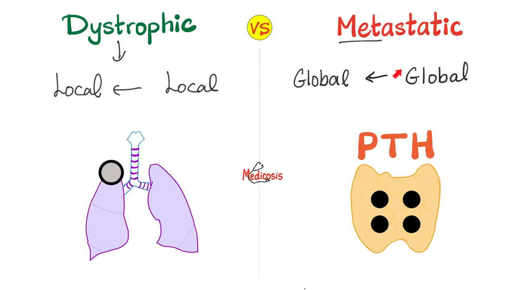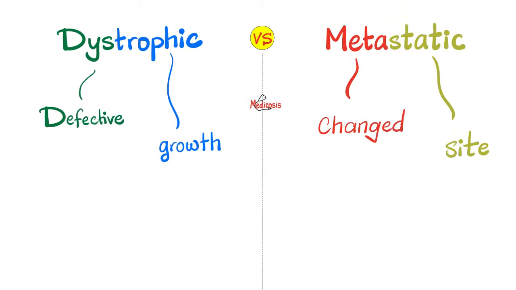I mean, if something is systemic and all over the body, we're gonna call it metastatic. In this case, metastatic does not necessarily mean cancer. It just means spread out all over the body, because meta means change and static means location or site. Oh, I am being transferred into a different site, meaning all over the body. Some etymology action. Dystrophic, what does that even mean? Trophy means growth.